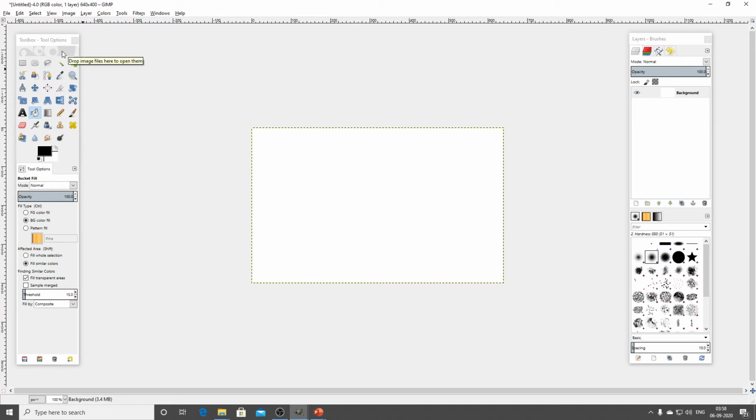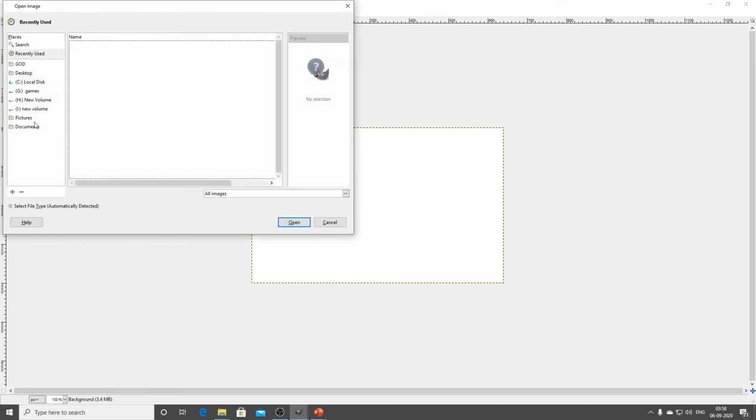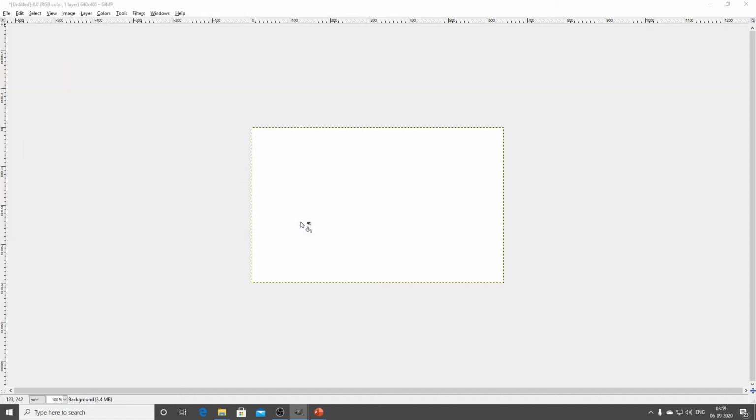Here you have to drag and drop it, then you just open it in the canvas portion. For that, I go to the File menu and click Open. Where the picture is available, you just select that location. I just check the saved picture. I just select the jellyfish picture. Okay, then click Open.